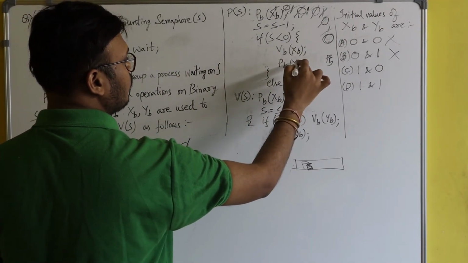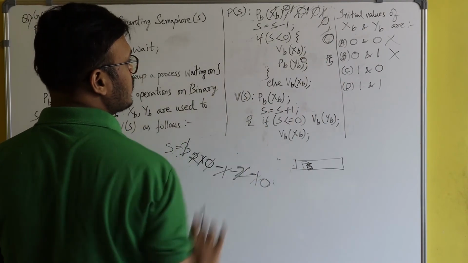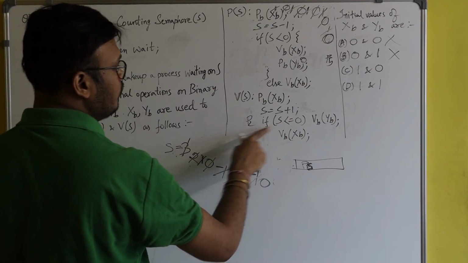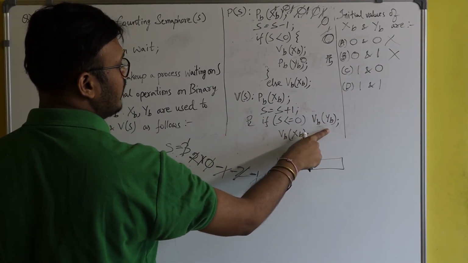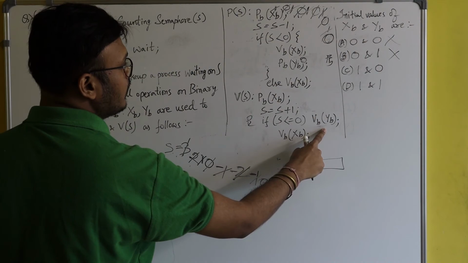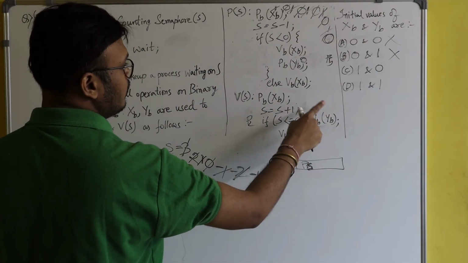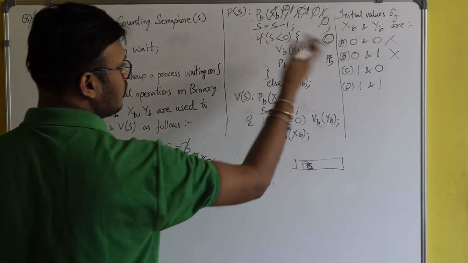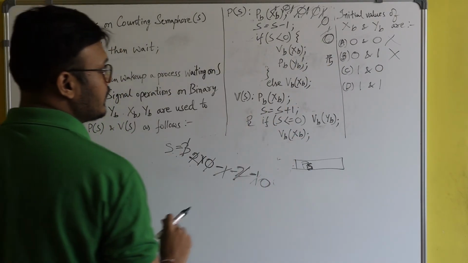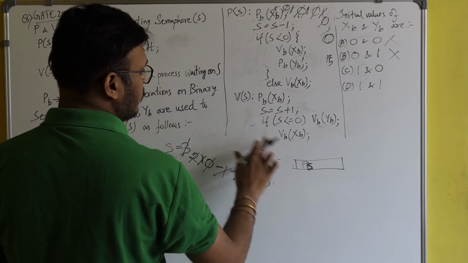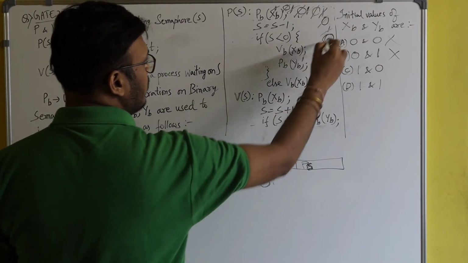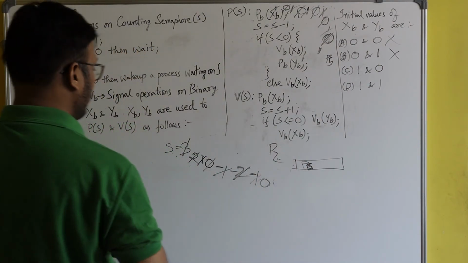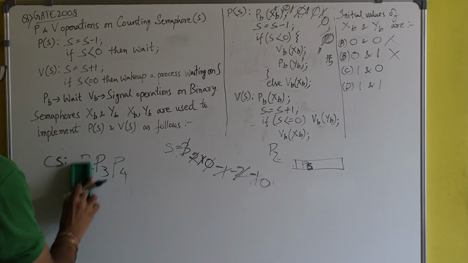Why? Because the value of YB is 0. That's why this process is blocked. So now, before coming out from the critical section, P2 will wake this process with VB of YB. It means P2 will give a signal to YB, so YB will become 1. Since YB has become 1, P5 can enter inside the critical section. After that, P2 will run this code, making the value of XB 1 again, and now P2 came out from the critical section. The task of P2 is completely over.